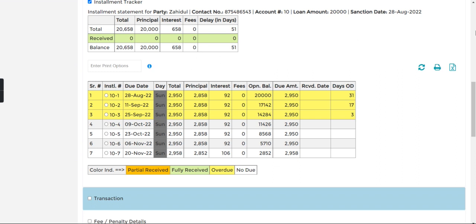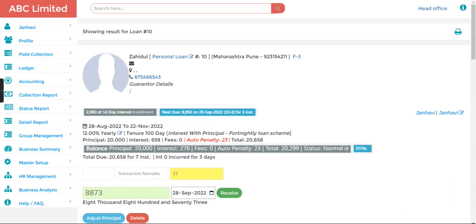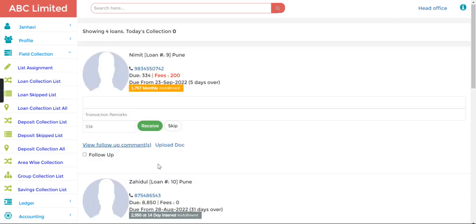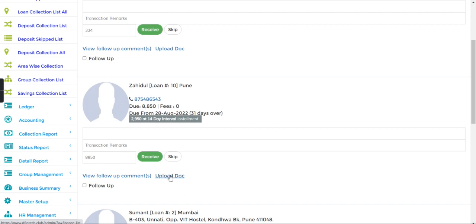tracked. Here in yellow color you can see this is the due amount that we need to receive from the customer. And I have charged the auto penalty also, the auto penalty 23 also charged here. And you can see interest with principal, the fortnightly loan scheme we have created. And how to do the collection, here we can check. If I go to the field collection, loan collection list, here the loan number 10 which we have created now, you can see here the total